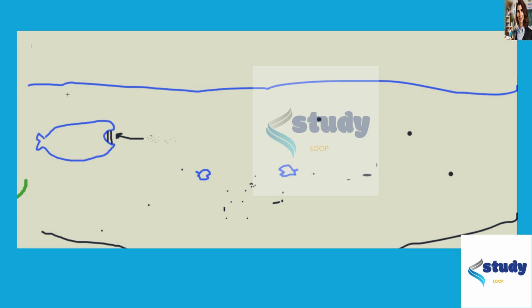I tried to draw them, and you can imagine that they're literally all throughout this entire section of the ocean. Because again, they do need sunlight, but they are able to freely float in the ocean, and they are a lot smaller than plants, so they can take up a lot more space. And fish and other organisms living in the ocean eat them or rely on them in some fashion to get the energy they need.